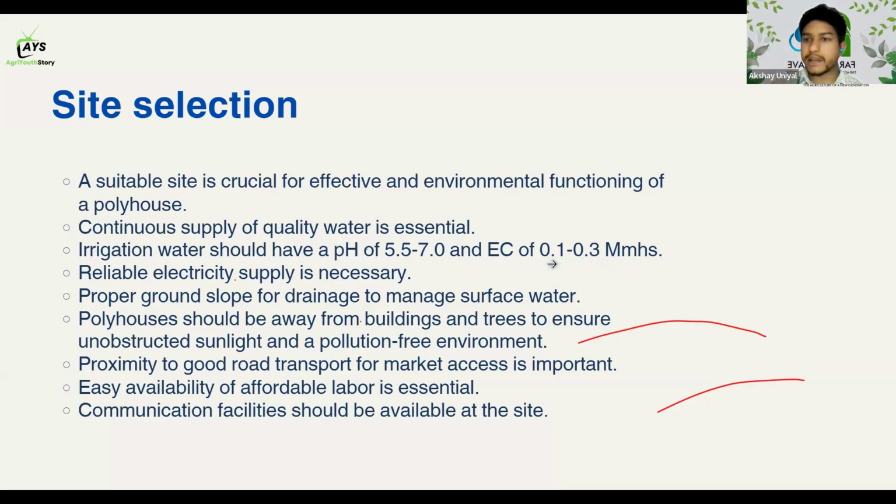So if we want to treat the water, it is only economical to a certain extent. After that, it is not advisable that we throw in a lot of money to filter